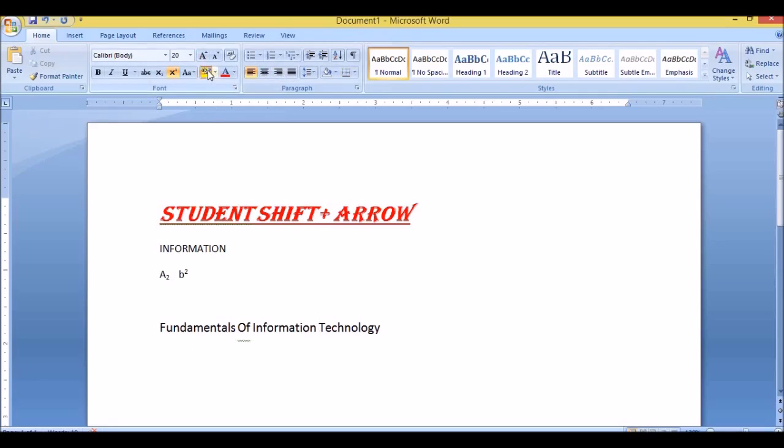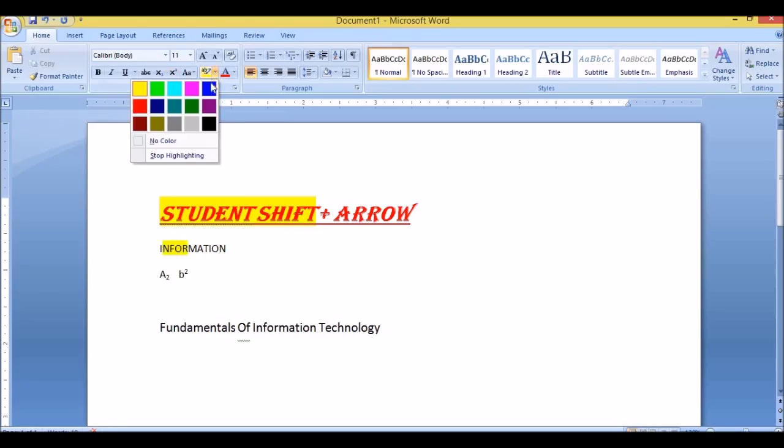And the next important option is you can highlight. In books, if you want to make key points, what will you do? You will take a highlighter pen and make a mark. In the same way, whenever you click this highlighter, your cursor will change like a highlighter pen. Okay girls, see, I'm going to highlight this. See, it's like a pencil highlighter, right?